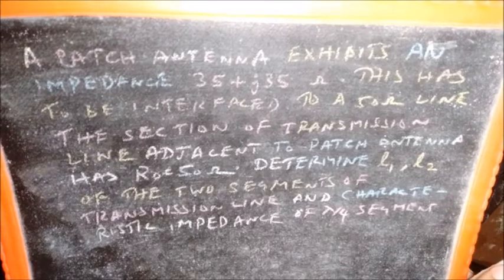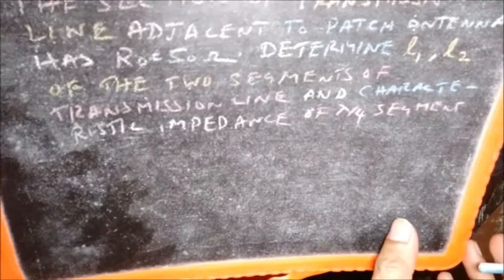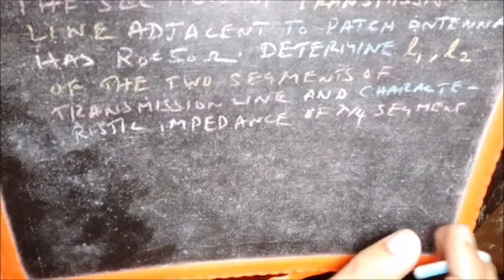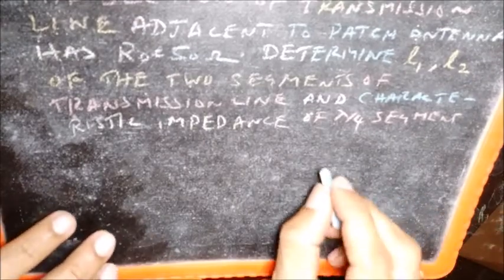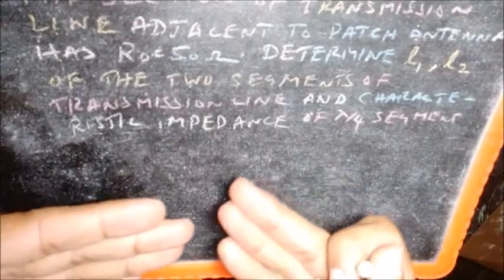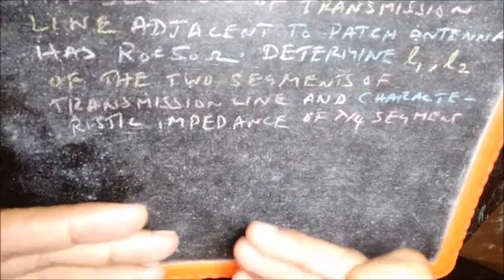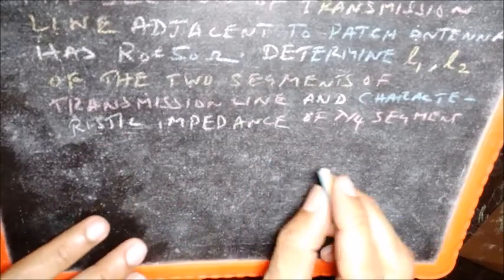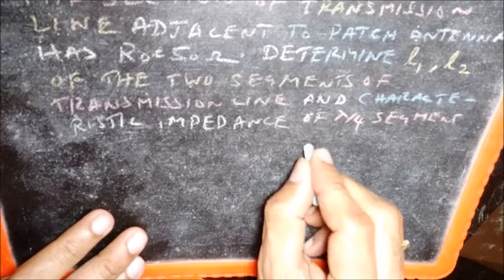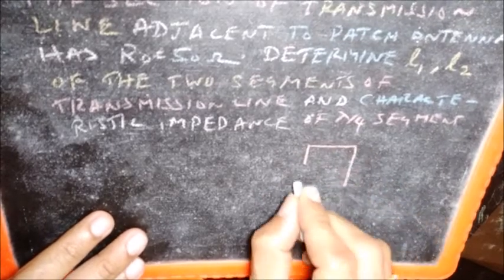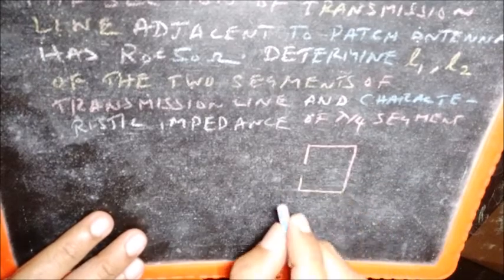Okay, now I will explain what this statement actually means through a simple diagram. Remember, the entire thing that I'm drawing is a two-dimensional figure here. It is something that is constructed on a substrate. So for the moment, that much information is sufficient for us. This is the patch antenna. It is constructed on a substrate. This is the patch antenna.